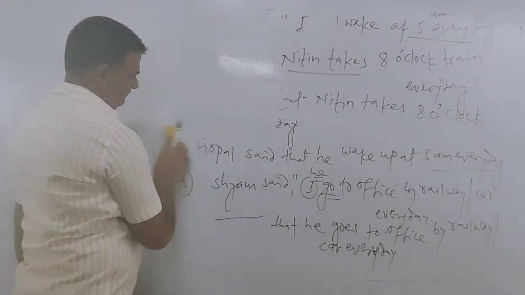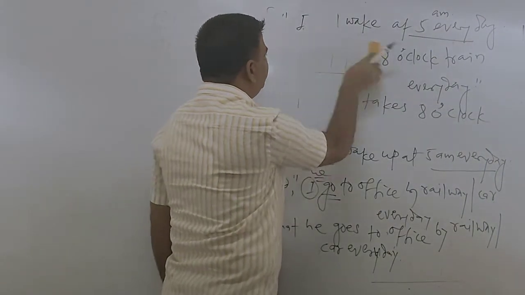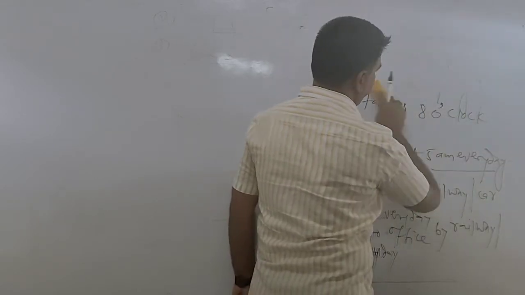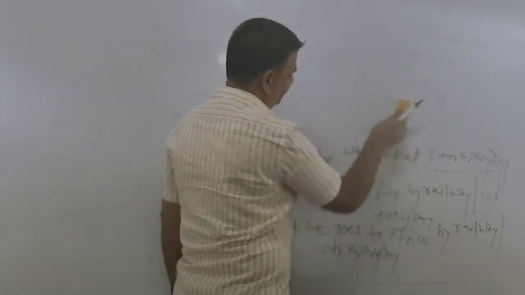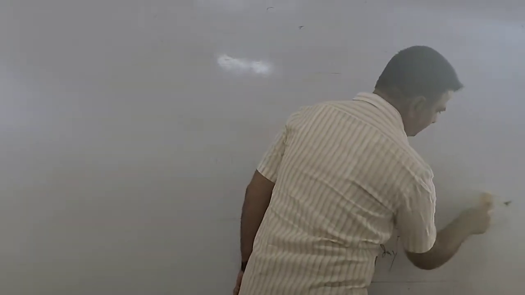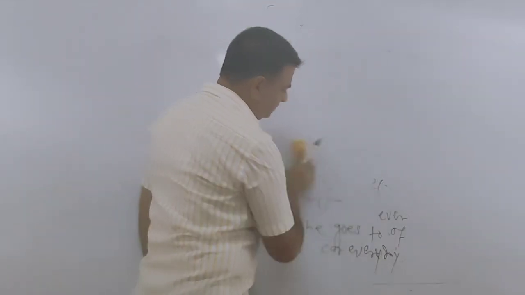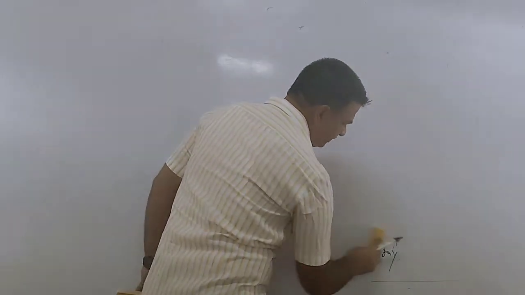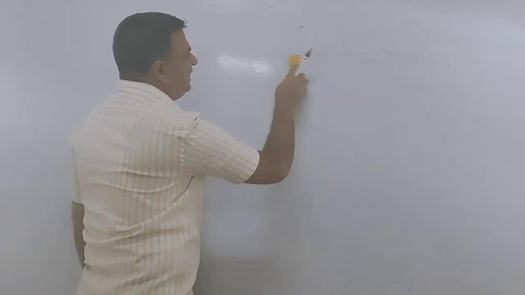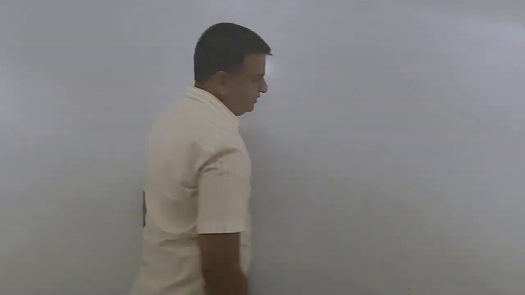Besides this, we have some sentences in the category of universal facts, which don't bring any change, whatever the tense of the reported speech may be. These universal facts remain as they are in the past, present and future. For example,